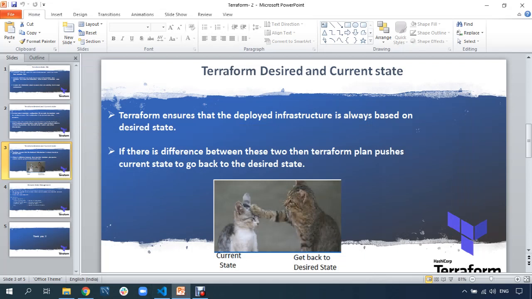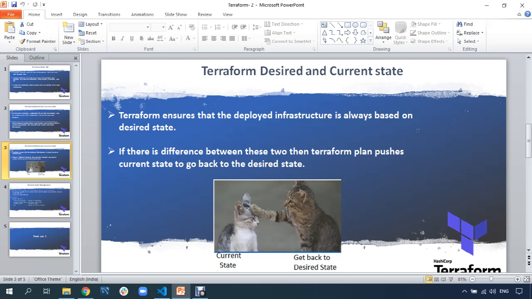So Terraform makes sure your infrastructure is updated as per that code. You should never make any manual changes if you're using Terraform. You should always make the changes from Terraform.